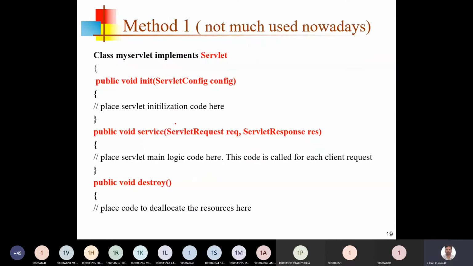Okay, so I'm showing you how to define the servlet code one by one. So there are three different methods. Method one: see that first step, your class must implement the Servlet interface. It's an interface. So, implements Servlet. As the Servlet interface provides the init method, we have to write the definition for the init method. And this is the service method, and you define the code for the service method. And this is the destroy method. Okay, you define the code for the destroy method. That's enough in your code.